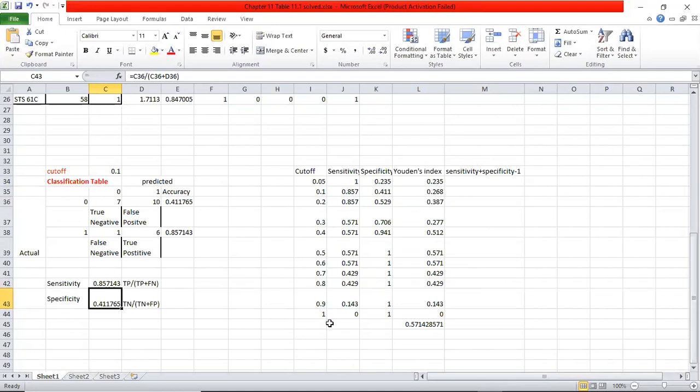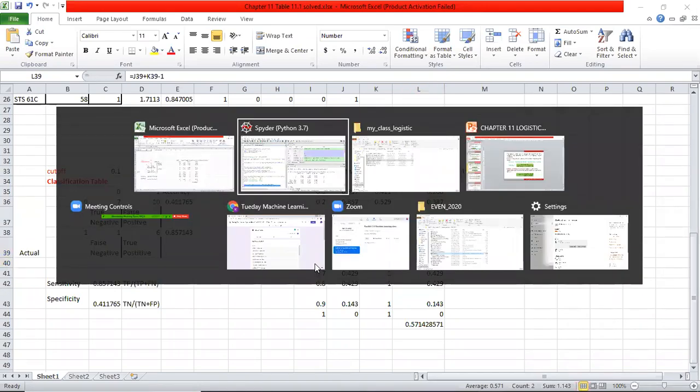From 0 to 1, I have found the Youden index at different intervals. Afterwards, if I look at 0.5 and 0.6, I'm getting the maximum Youden index. Wherever I get the maximum Youden index, that is my optimum cutoff value, and I have to take it as the cutoff probability. If I take a cutoff probability between 0.55 and 0.6, I'll get almost the correct prediction. That is called Youden's index. So this is about your logistic regression.